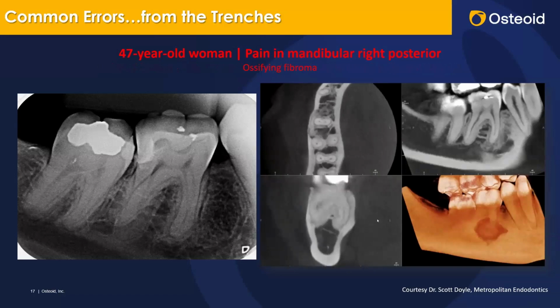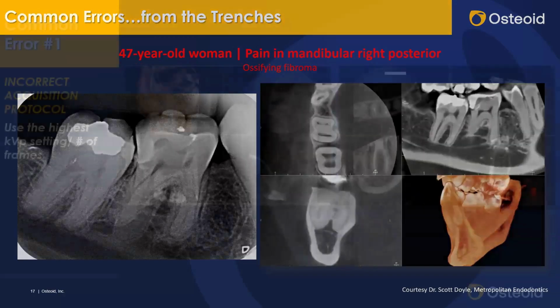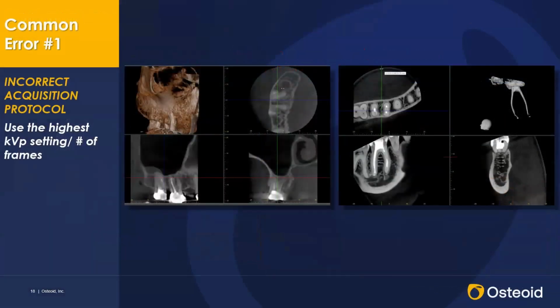And so this brings us to another common error, is that some people are reluctant to take cone beam CT imaging on patients where the periapical itself doesn't show much. So let's have a look at what these errors are coming from the trenches. The first one is incorrect acquisition protocols. In other words,